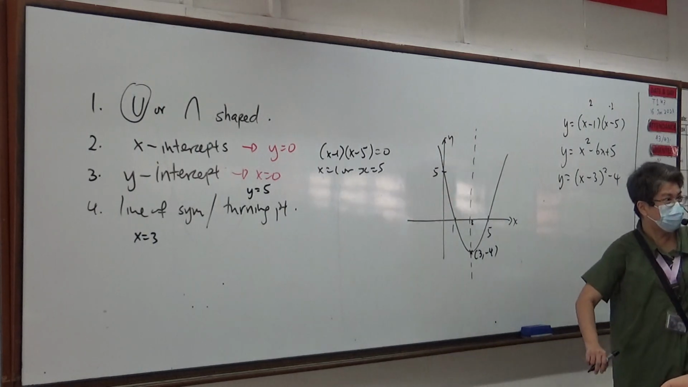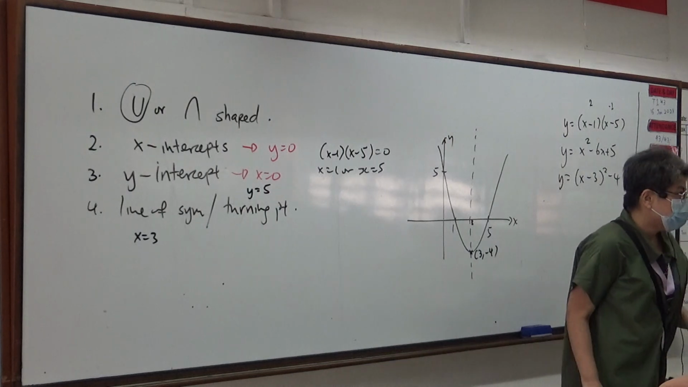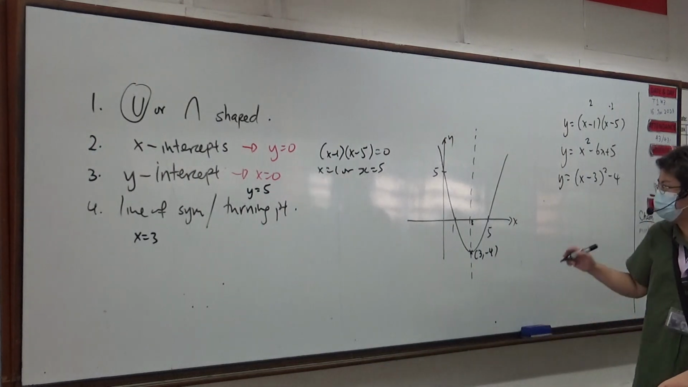Remember the first time I told you, for a maximum or minimum curve, the line of symmetry will pass through the maximum. Get it? Now, then students will ask me,